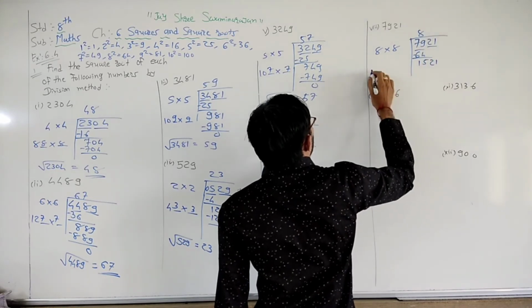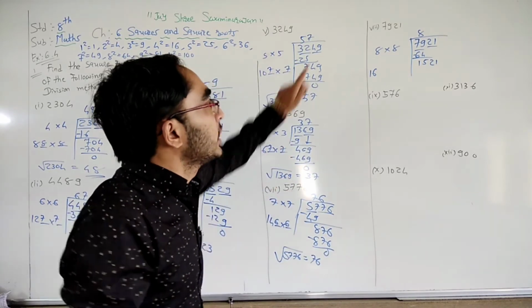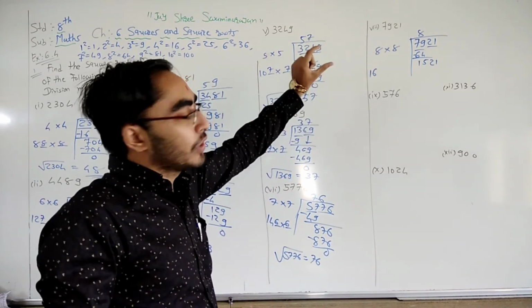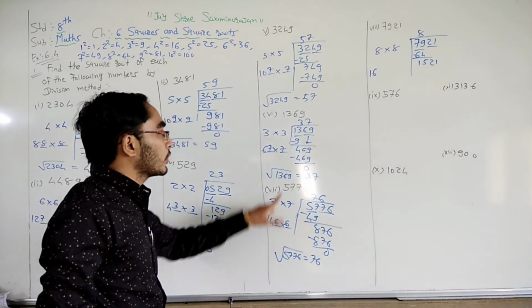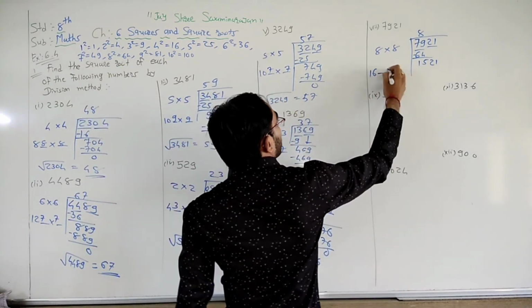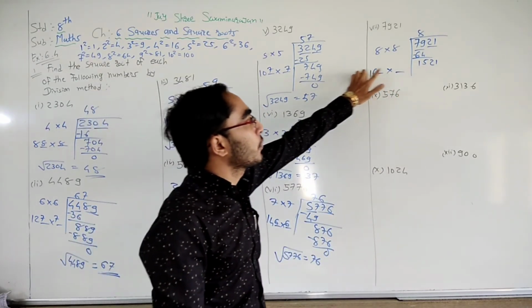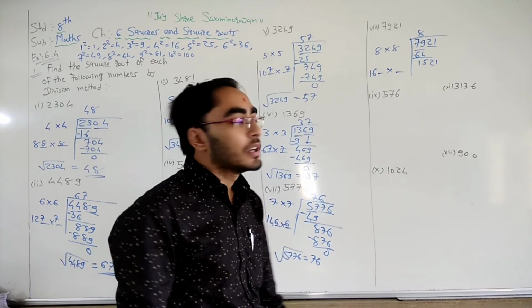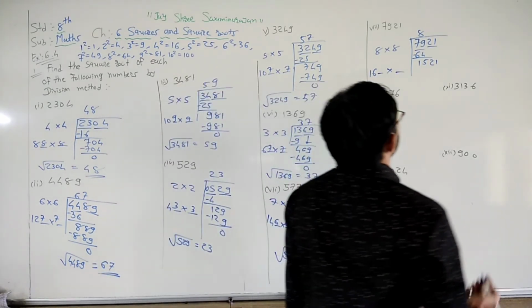Now this answer is multiplied, so 8 times 2 is 16. Every time we need to multiply our answer by 2. Here 7 to 14, 3 to 6, so 8 to 16. Now one space blank plus one space blank. We need to put such a digit that we get 1521. So put the digit 9.